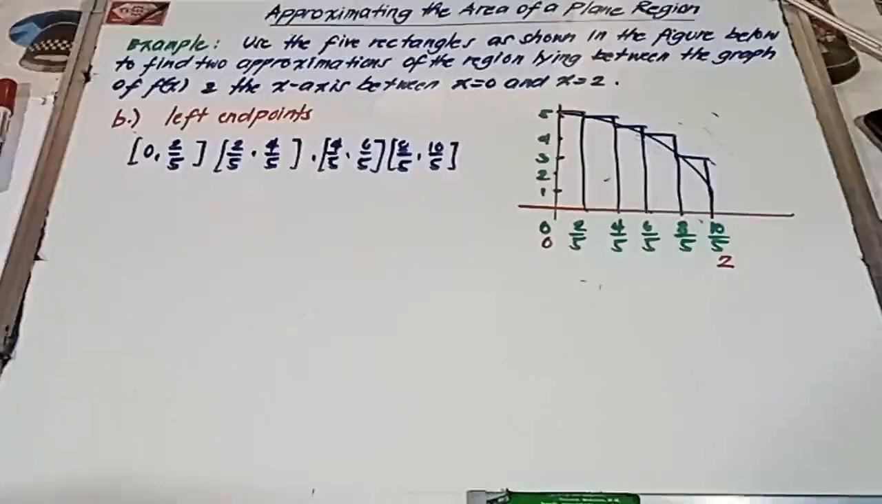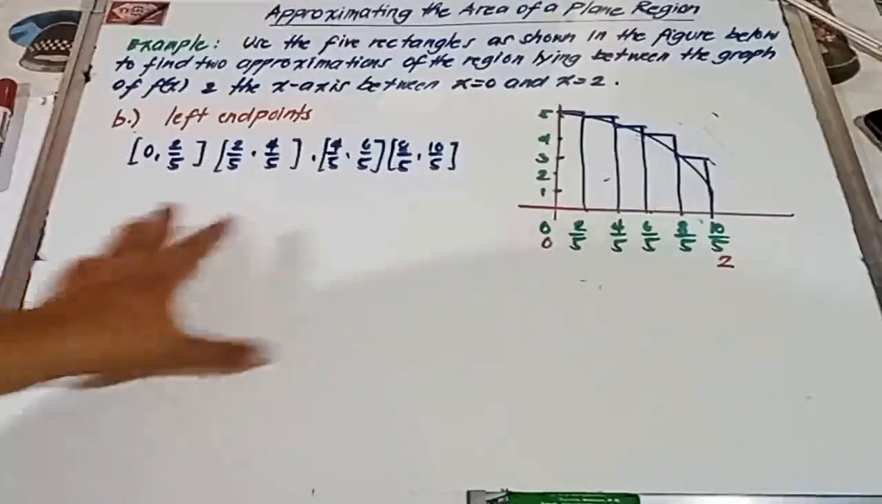So we have here the second part of our first example, approximating the area of a plane region. But this time, yung ating rectangle naman is circumscribed about the region of the function f of x. And the values of x is from x equals 0 to 2. Okay. So ang gagamitin naman natin to approximate the area of the region is the left endpoints of the following